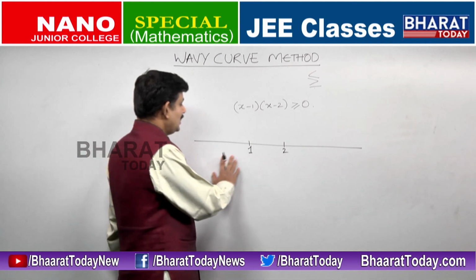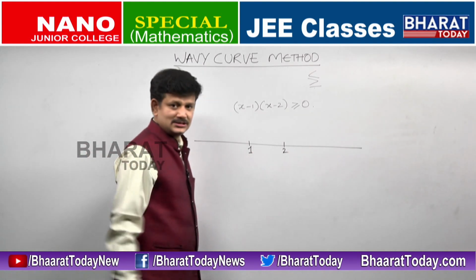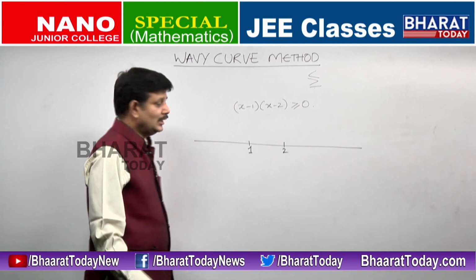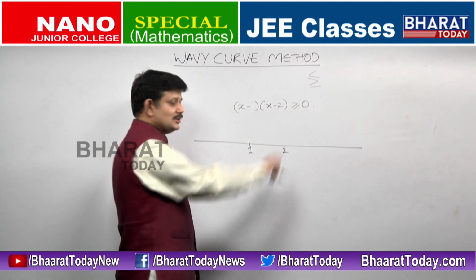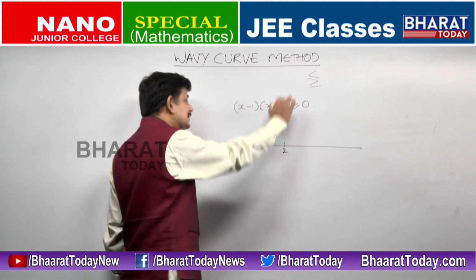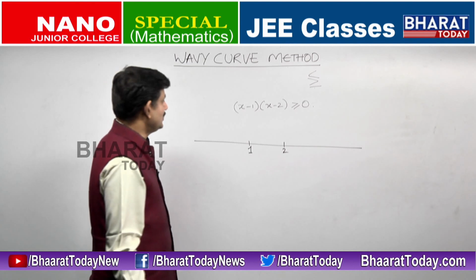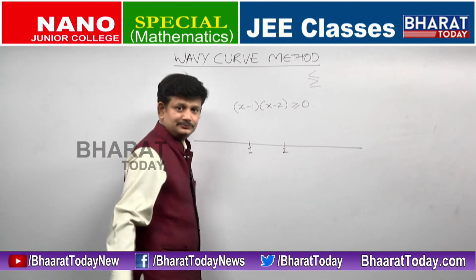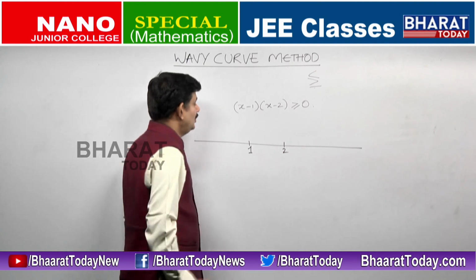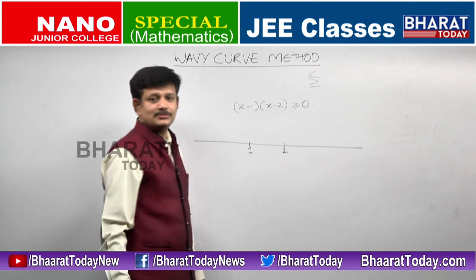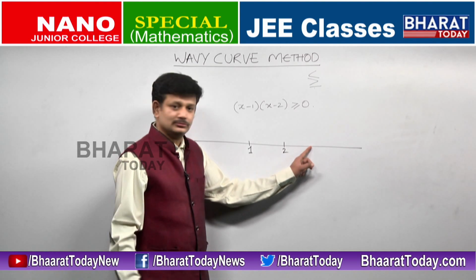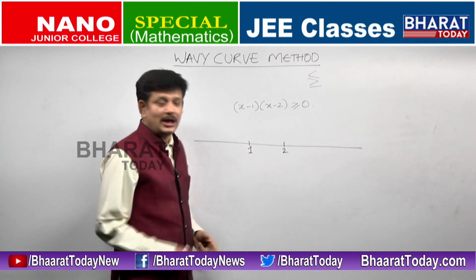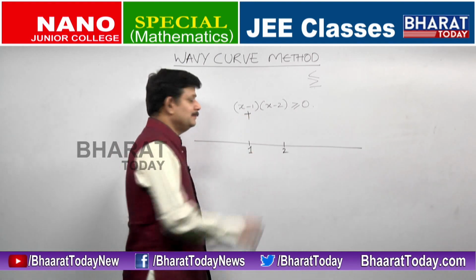Now this entire discussion is split into three cases: minus infinity to 1, 1 to 2 and 2 to infinity. Let me understand the sign of each of these and the expression in entirety in each of these three cases. Let me start with the first case where x is greater than 2. Now when x is greater than 2, what can you say about the sign of x minus 1? X is a number greater than 2. Will x minus 1 be positive or negative? Absolutely right, it is positive.